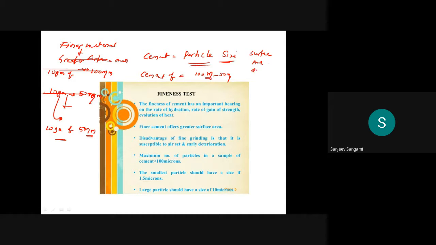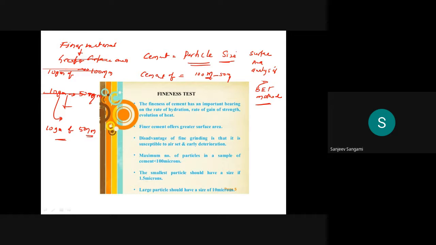Surface area analyzer. Normally we can call it the BET method, the BET method of analysis of surface area. BET stands for Brunauer, Emmett, and Teller. These are three scientists who